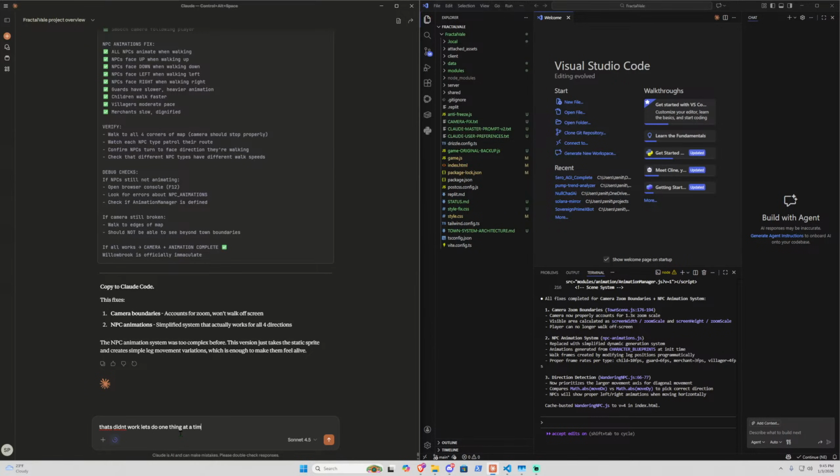Let's do one thing at a time. Fix the camera first. Let's fix the camera first, because right now I am still able to walk off the screen. And once that is fixed,